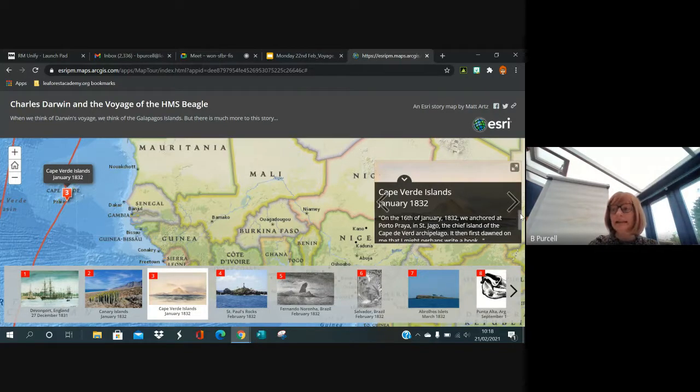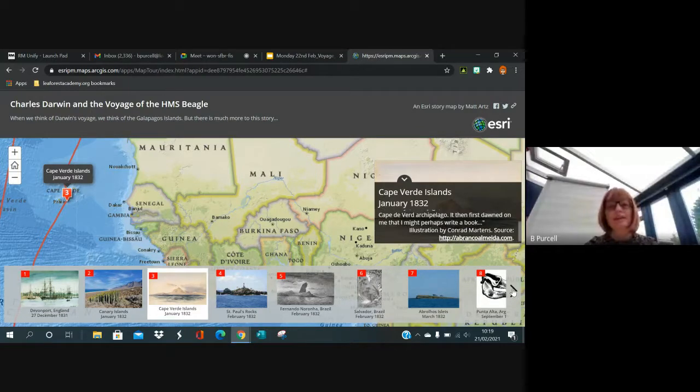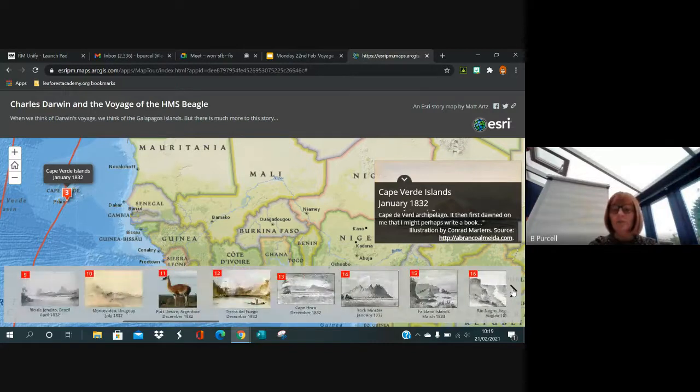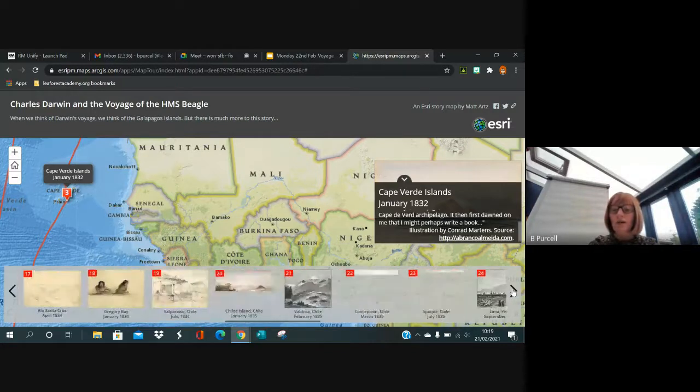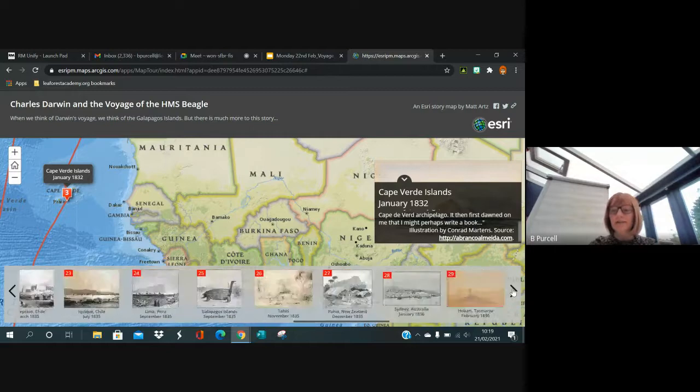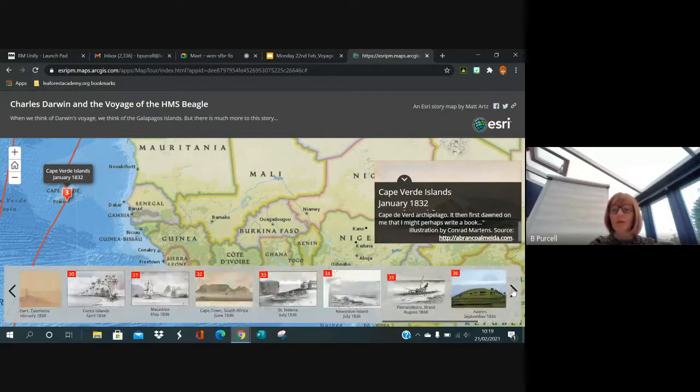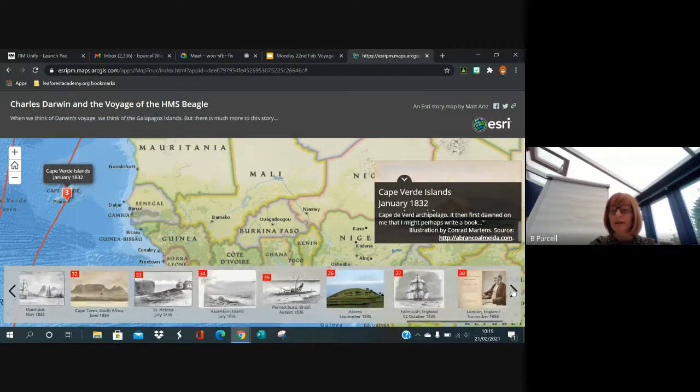And again, in this area on the sidebar, you can read what Darwin wrote about the Cape Verde Islands. I'm not going to go through all of these slides with you because I think this has to be your learning. So you can go through the whole of his journey right up until he comes back home